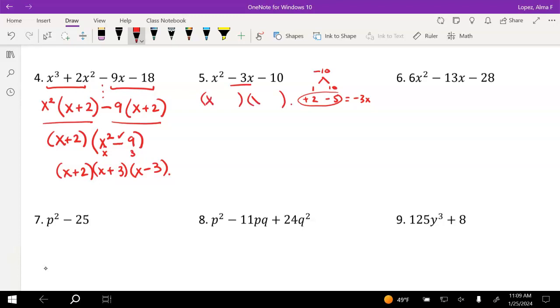Factors of x squared are x and x. Factors of negative 10 that we found were positive 2 and negative 5. Remember, all factoring problems are checkable, so feel free to do so. On number 6,